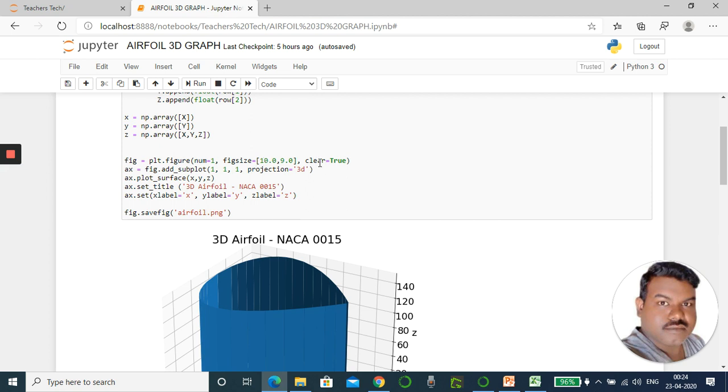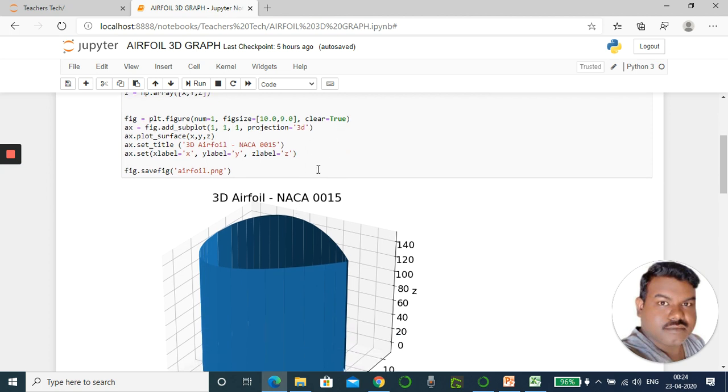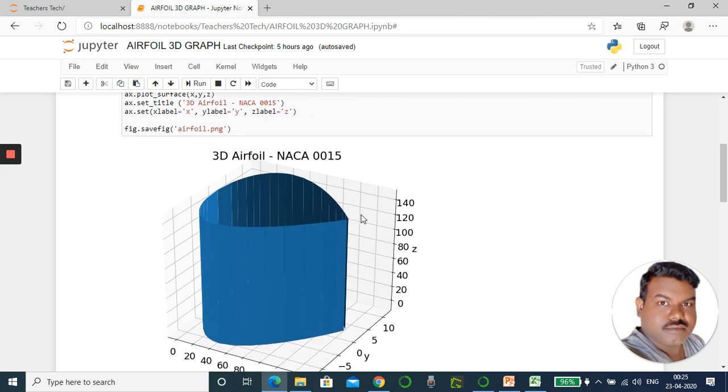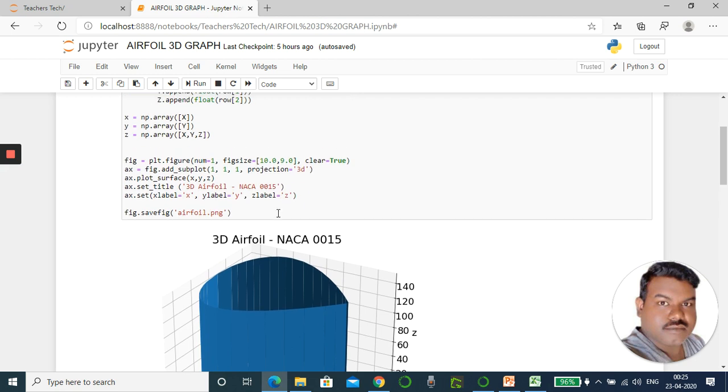Then clear is equal to true. That means if you are running this file a second time, the previously stored figure will be cleared. For example, if I run this file again, this picture won't stay here, it will be removed and the new image will be displayed here. That is the meaning.